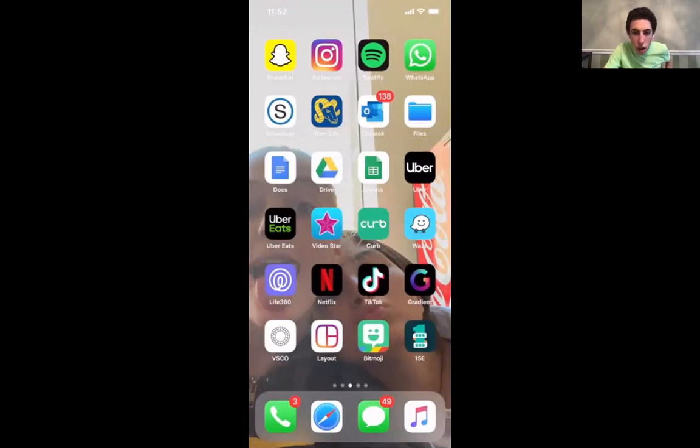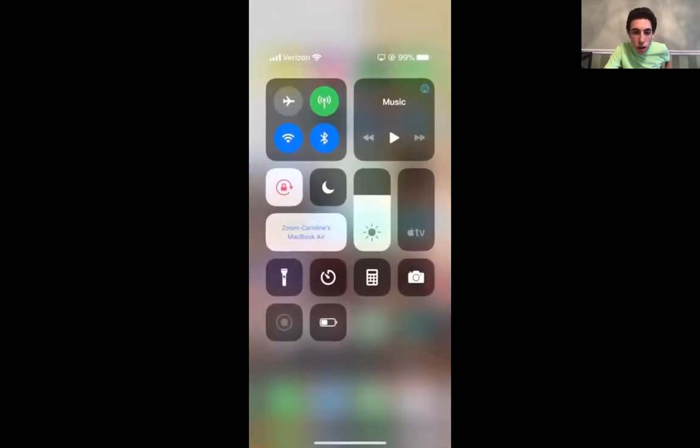If you swipe down, like Jordan just showed you, from the top of your screen like this, you could just press this button and that'll turn on airplane mode for you. I don't know why it doesn't come up orange for you, but it should. Or the next way to access